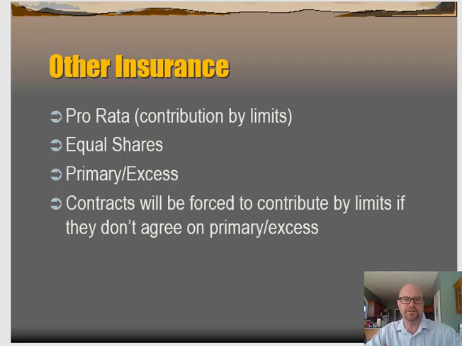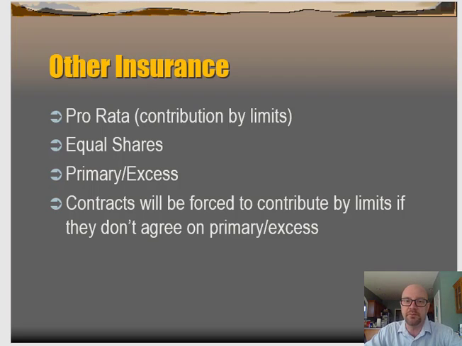Equal shares, super easy. If we have other insurance and we've agreed that we'll handle losses on an equal shares basis, that means we share the losses equally. So if there's a $300,000 loss, we don't care what the limit of coverage each company provides is. Each company is going to pay $150,000. They're sharing the loss equally. If it's $1 million loss, we're each paying $500,000.